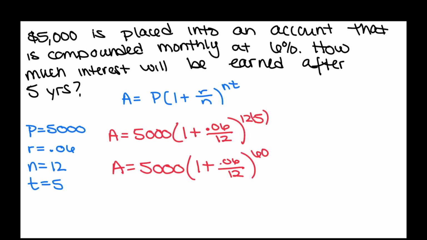So I'm going to go ahead and plug those numbers into my formula. A equals 5,000 times 1 plus 0.06 divided by 12 to the 12 times 5. 12 times 5 is 60, so I'll go ahead and make that exponent 60. To do this computation, I'm going to need a calculator, so I'm just going to put this into a calculator. And if you need help figuring out how to enter this into a calculator, please let me know. I'm not going to show that here because every calculator is just a little bit different. But I put this into a calculator and got